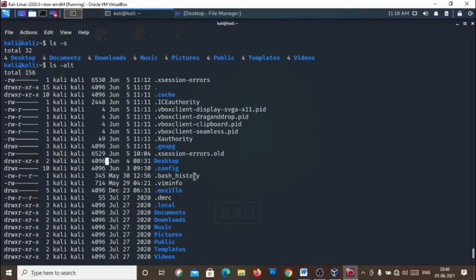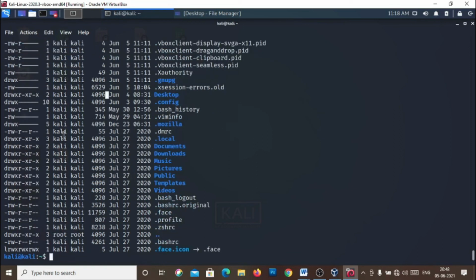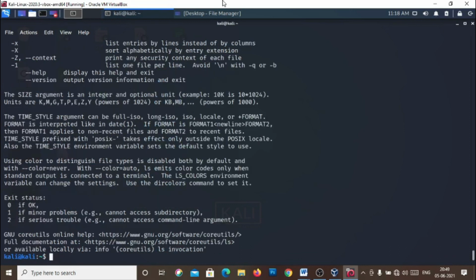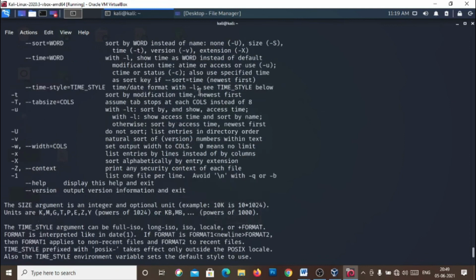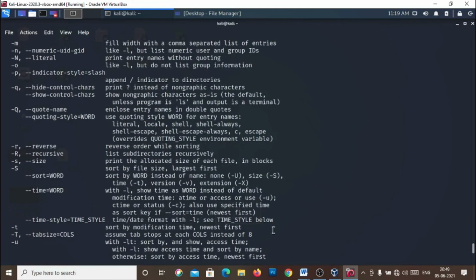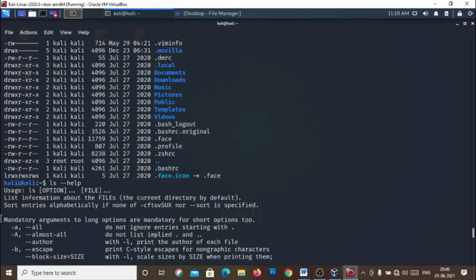So in this video we used dash s in lowercase, dash S uppercase, dash t, dash l, dash h. Besides all these, the ls command has lots of other options and parameters. You can get them with the help of the double dash help command.